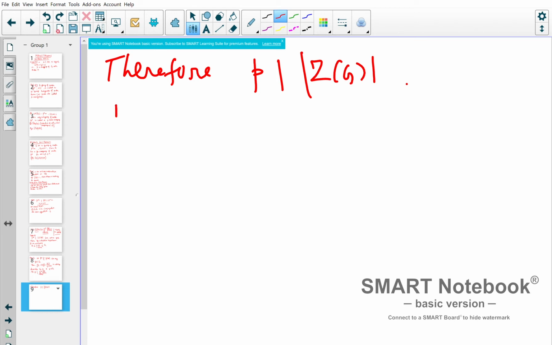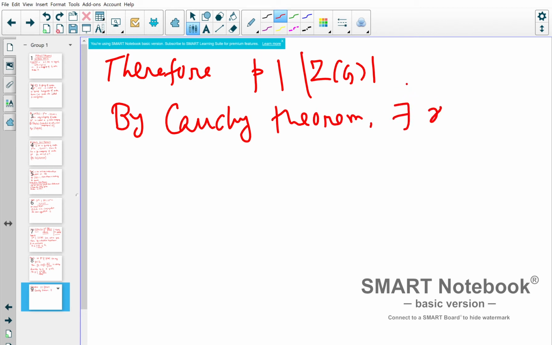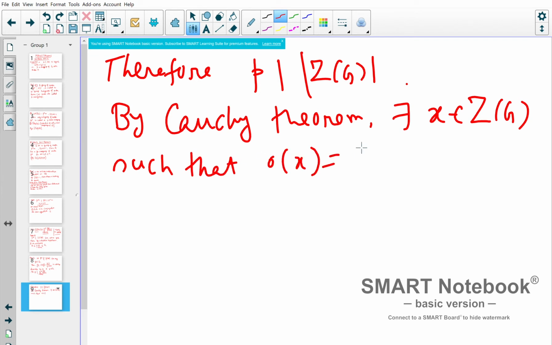So by Cauchy's theorem, there exists something, say x belongs to the center, such that the order of x is equal to p, right? Cauchy's theorem tells us that you have an element of order p, right? Now